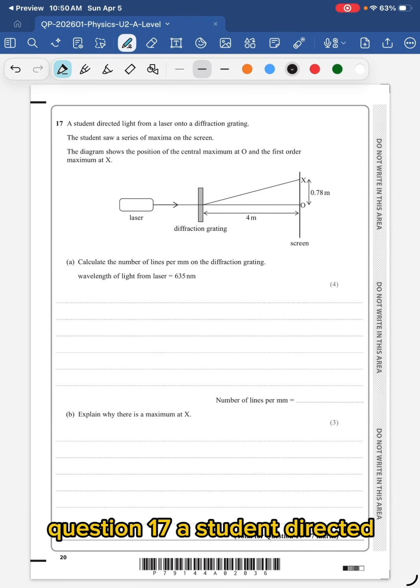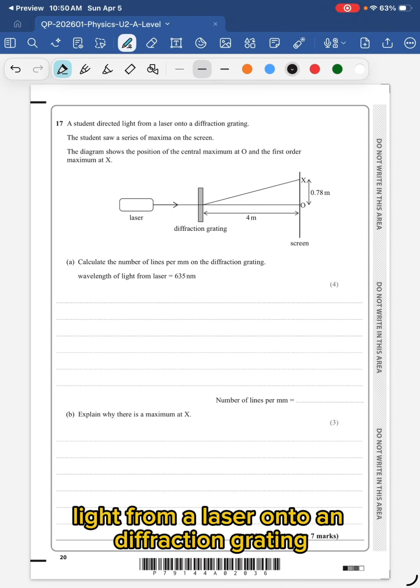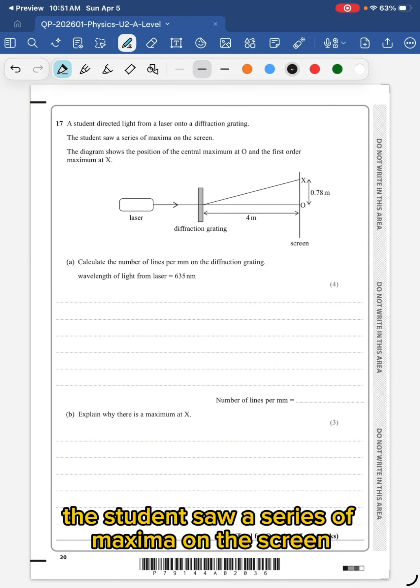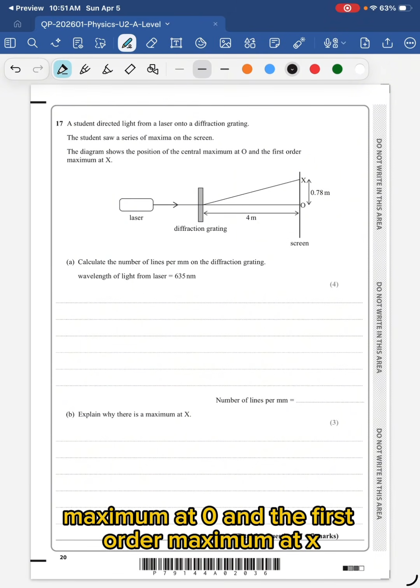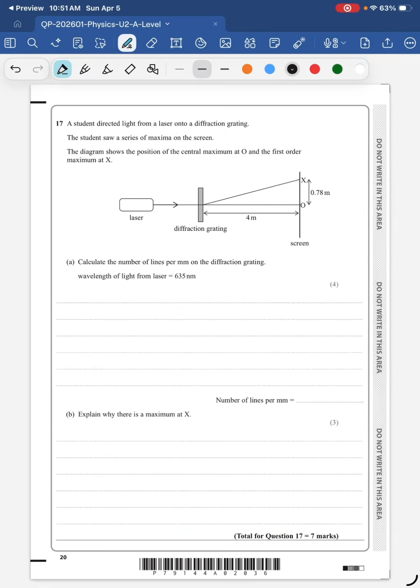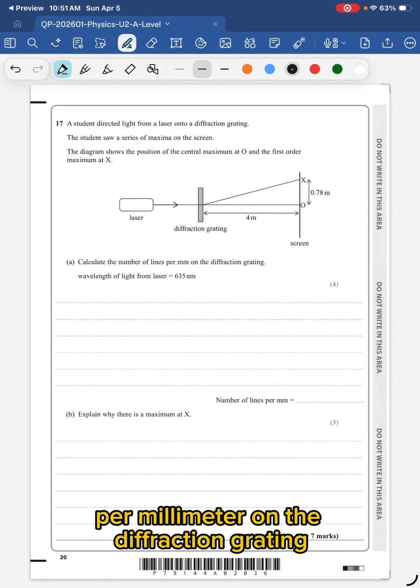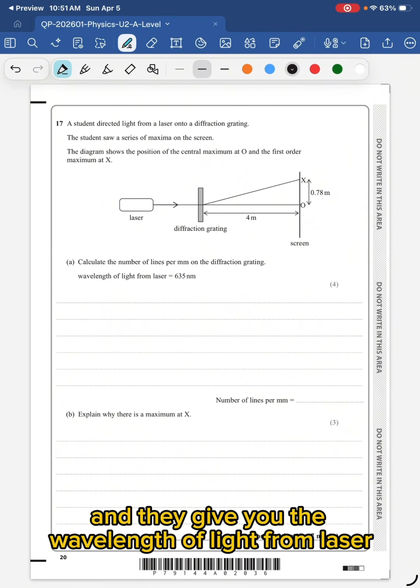Question 17. A student directed light from a laser onto a diffraction grating. The student saw a series of maxima on the screen. The diagram shows the position of the central maximum at O and the first order maximum at X. Calculate the number of lines per millimeter on the diffraction grating. And they give you the wavelength of light from the laser as